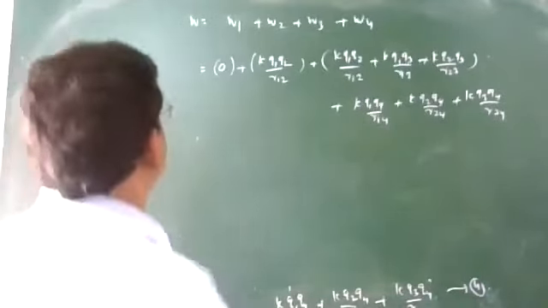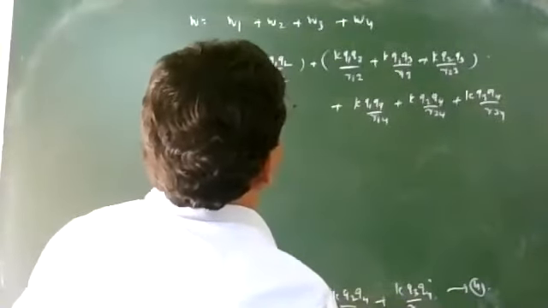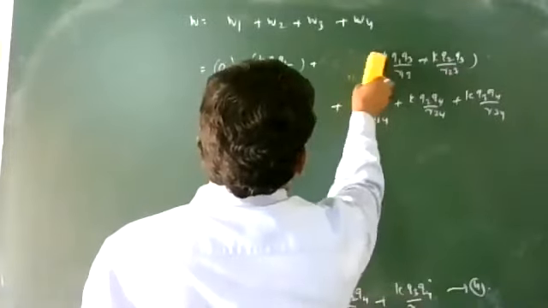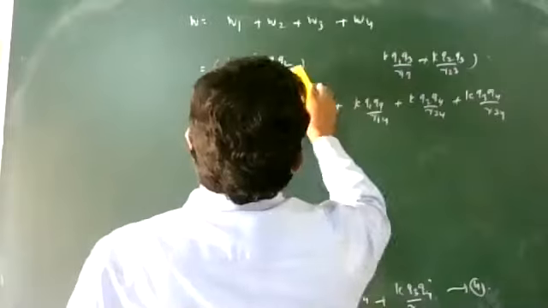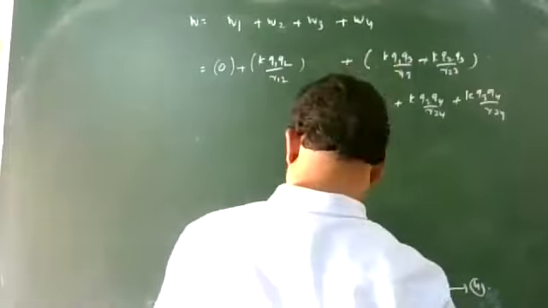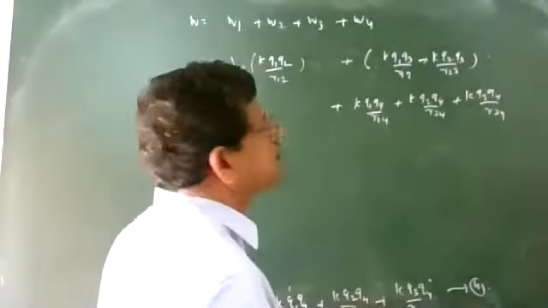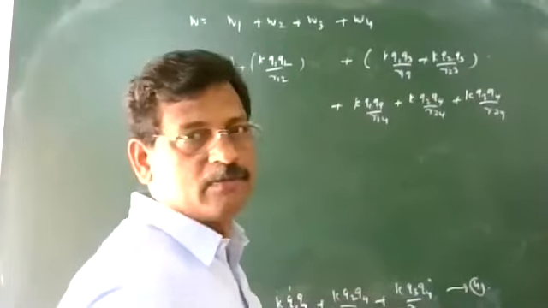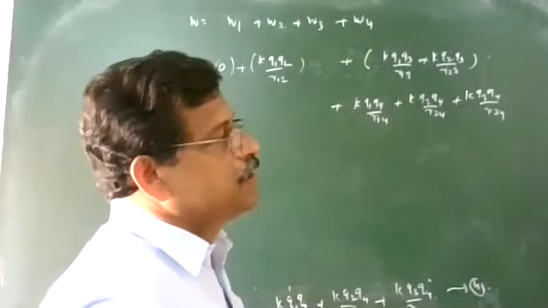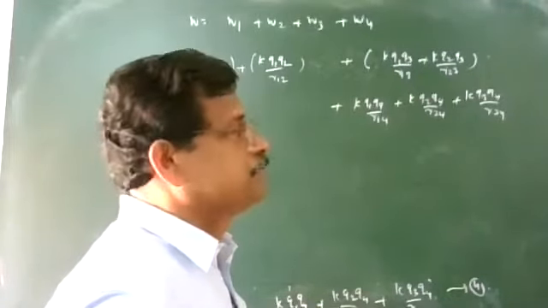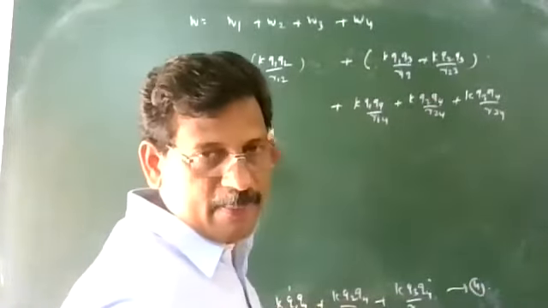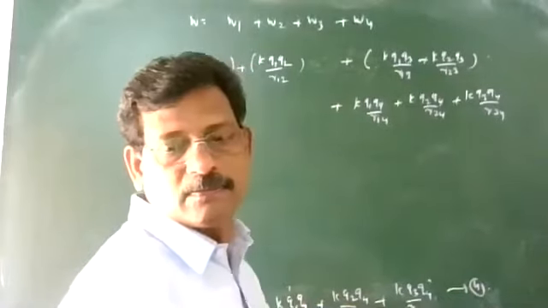So total work done to add... Can you tell me what is the equation for W2? W2, last class equation. Anyone? W1, W2, W3. Can anyone see separately? Not the total.